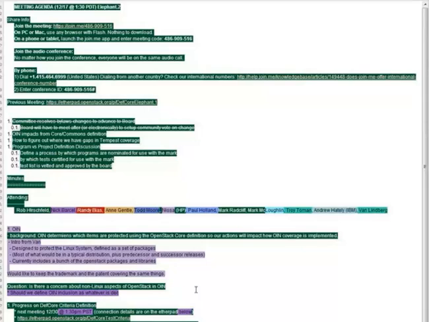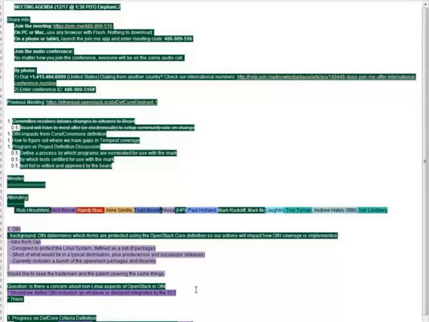I'm not sure how big an issue it is for DefCore, because I think DefCore is focused on what we think the trademark should be used on. So the fact that we have a patent cross-license and that it covers things that may not be within the scope of the trademark, I don't think is critical. What we control, and what I think is critical to DefCore, is what is necessary for somebody to say that they have an OpenStack distro. Gotcha.